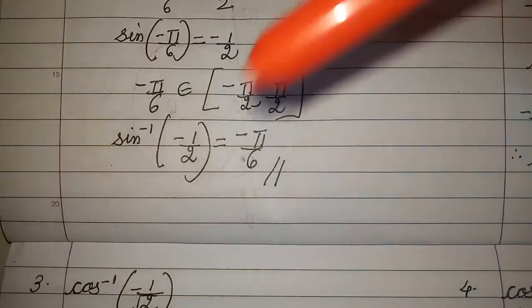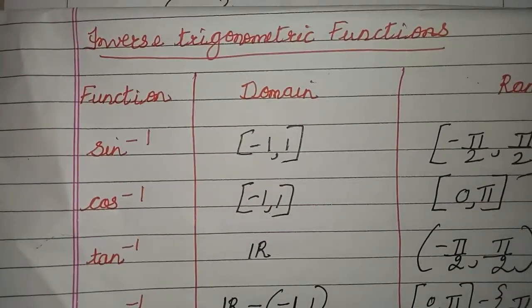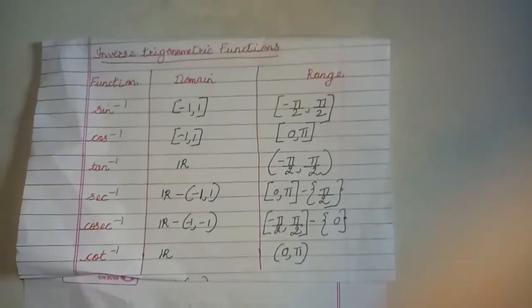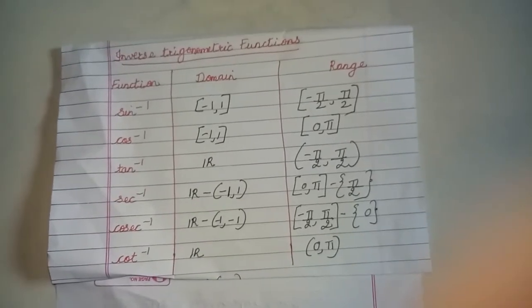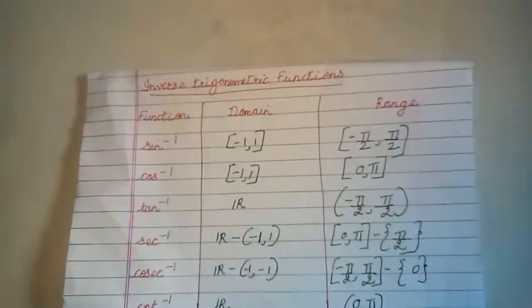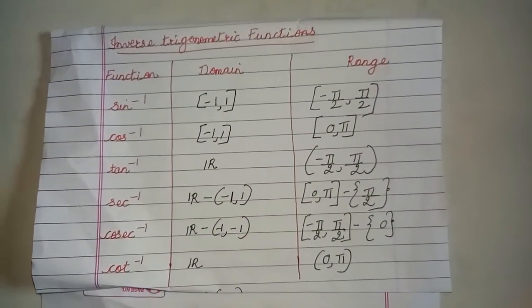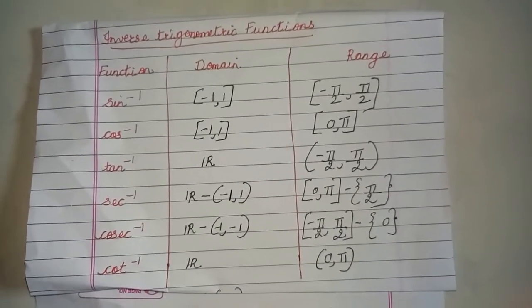Always the important thing, again and again I would like to stress to you children: learn this table by heart. Which table? You always learn this table by heart. Again and again I am saying, learn this table by heart, then you will be through. One day, or 1 week, you study one inverse function's domain and range. So over 6 weeks, anyhow, it is not going to be your exam yet, right? So 1 week, one domain, one range.